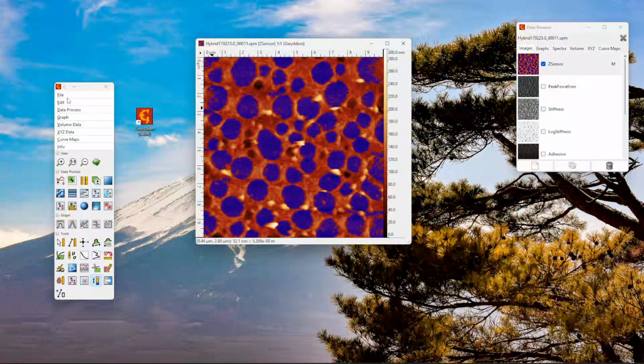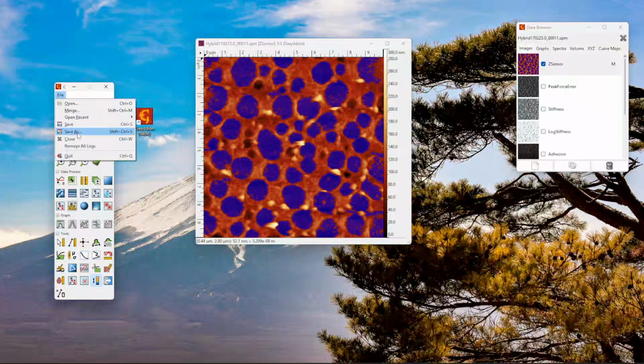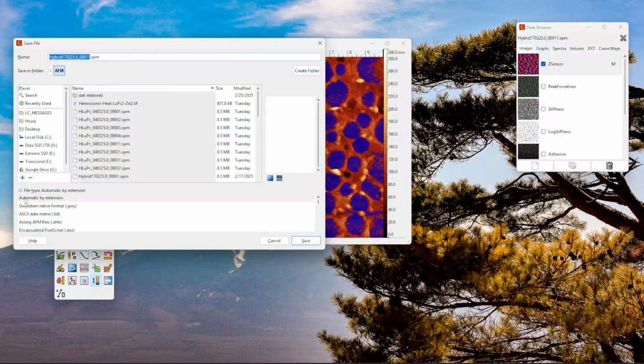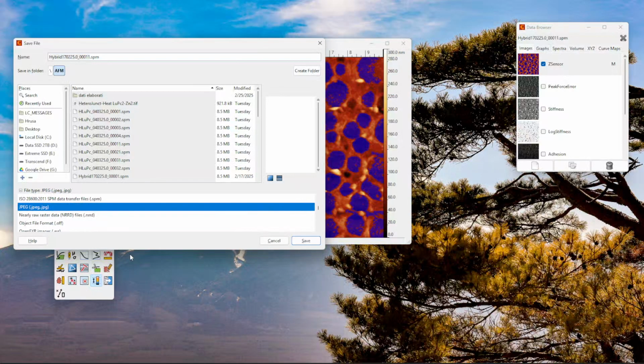The thing is that from here, when you are satisfied, the image export is a bit different. Where is it? It's File, Save as. And you need to save it differently, for example, as a JPEG. If you select JPEG,